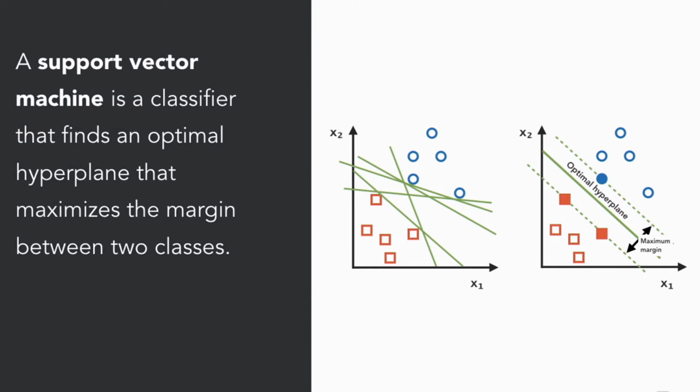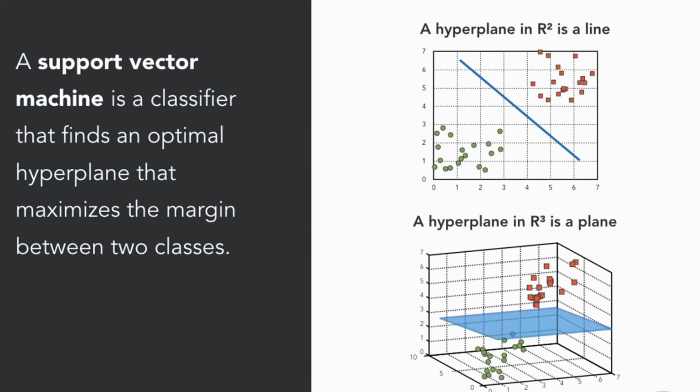In the example on the left, visually we can see that none of these is the ideal decision boundary. You can see how close these closest points in each class are to the decision boundary, so the algorithm wouldn't like these as the optimal solution. What SVM is seeking to do is maximize the distance between the decision boundary and the nearest points.